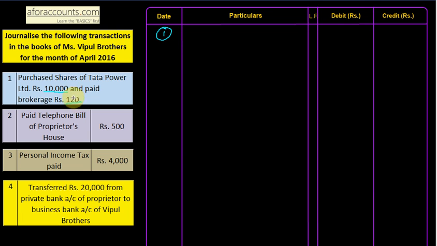Let's do point number 1 now. Purchase shares of Tata Power Limited 10,000 and paid brokerage 120. Some asset is coming into picture. Shares of Tata Power या आप investment बोल सकते हैं जिसका cost price मुझे है 10,000 plus 120. So the entry will be shares of Tata Power, or investments are coming in. So alternatively what you can do, investments account debit